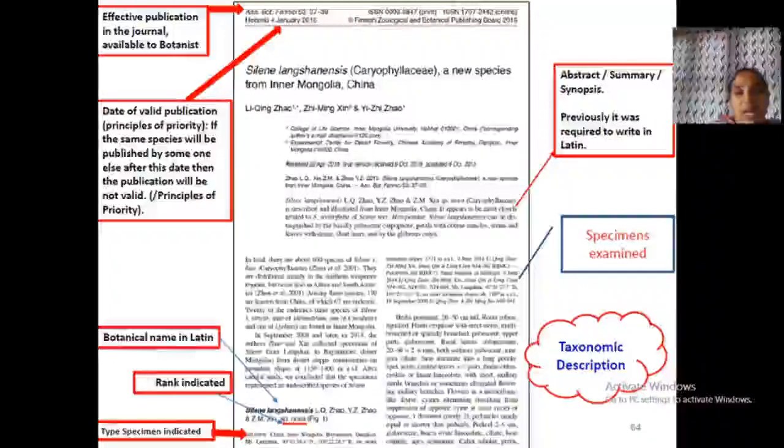So now it is your time. You are going to do projects and research. While doing research, when you find a new species or a new genus or a new taxon, you have to go through it like this. This is all over the world, an internationally accepted, very important rule, that is effective and valid publication. I hope you understood well. Clear?